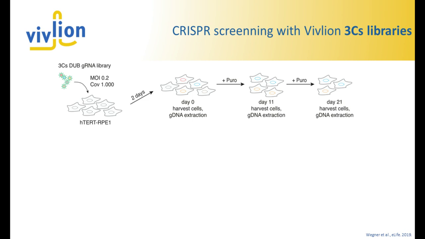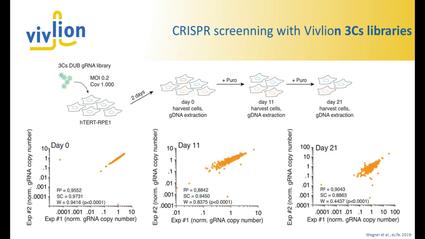We used hTERT immortalized RPE1 cells, and we waited 2 days after the transduction to take a day 0, our control time point, and then applied a puromycin selection pressure, waited another 11 days, and yet another 10 days. So we have 2 time points here, day 11 and day 21, at which we then harvested cells and also extracted the genomic DNA. We went on for sequencing,